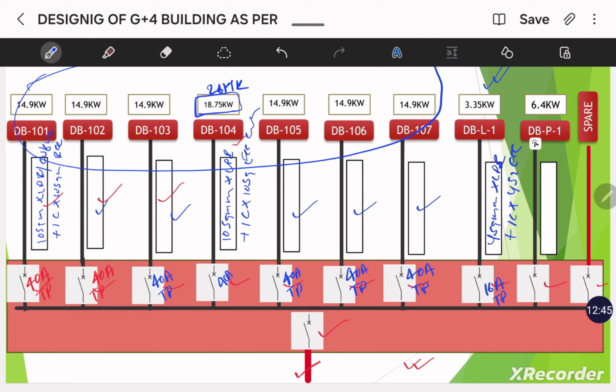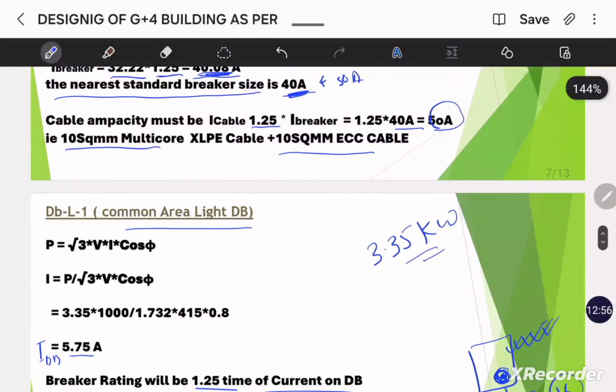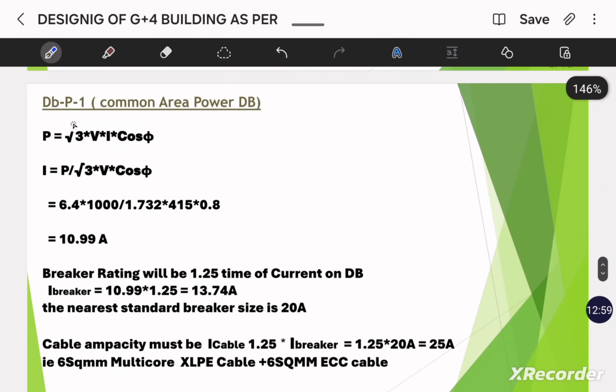Now we will calculate the cable size and the breaker size for DBP01, which is feeding the common area power load. So here I mentioned DBP1 common area power load DB. In the same way, when we calculate the current on the DB, we will get the current rating as 10.99 ampere. The breaker rating will be 10.99 into 1.25, that is equal to 13 ampere. The next standard size is 20 ampere. So breaker size will be